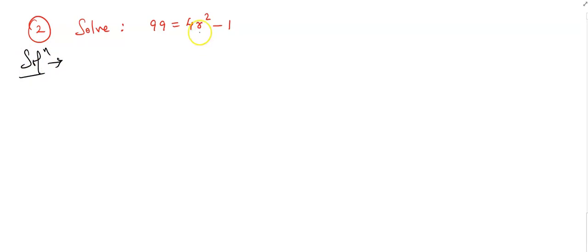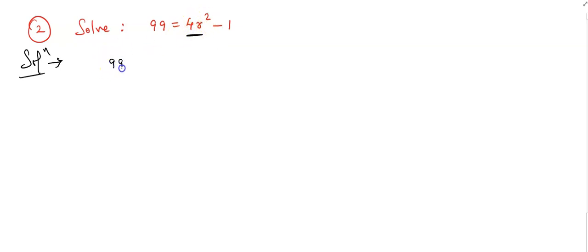We need r square. Here r is the variable. Yes children, here you can see 99 is equals to 4r square minus 1. So here what is the variable? Variable is r, right? So here we have to find the value of r. To find the value of r, let me keep this r term as it is. It is plus 4r square, positive, so let it be as it is.